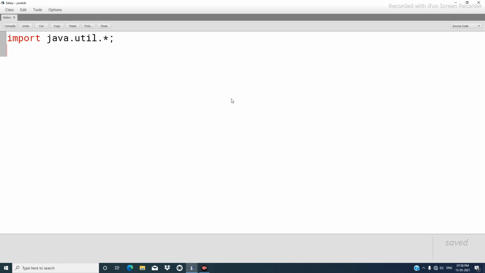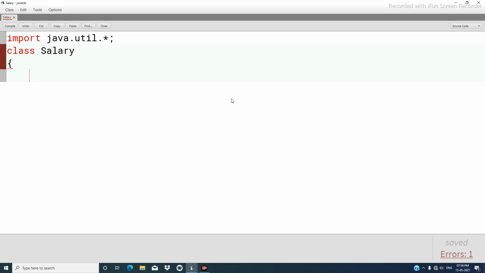Now the next statement. Next statement is definition of the class. So class again is a keyword. We name it as Salary as we have given over there. And then you open a curly bracket that starts the class body, and as soon as you press enter you can see the cursor has shifted a little bit on the right hand side, which means it is an indentation created by BlueJ. After defining the class and opening the class body, we define a function, and this function is the main function or main method.